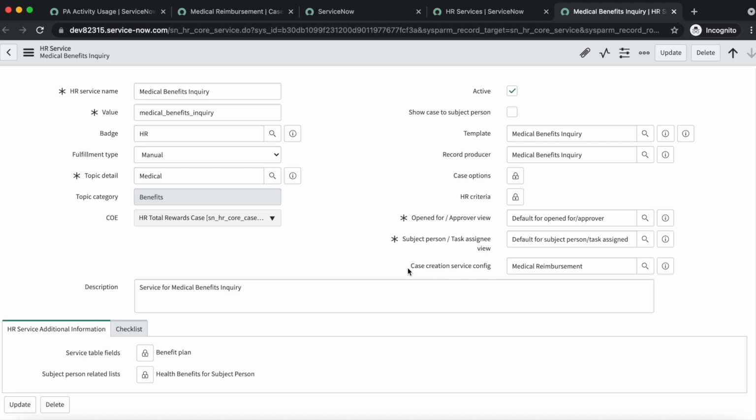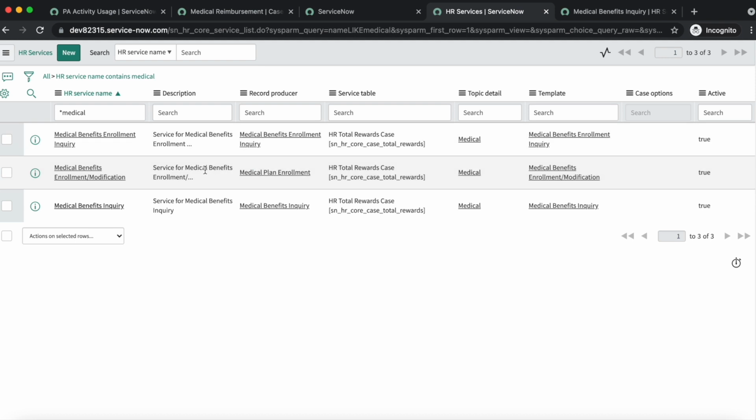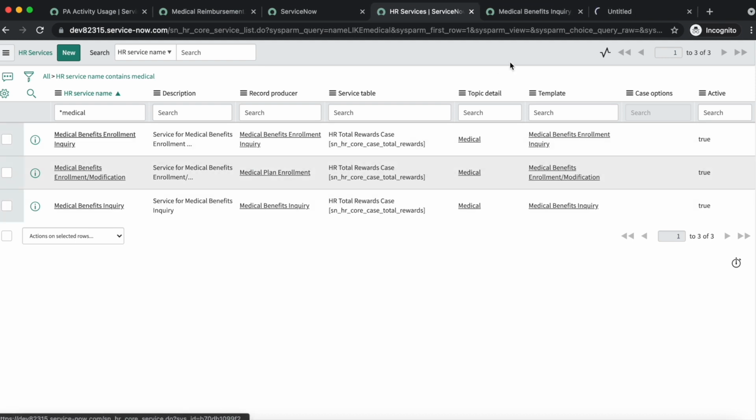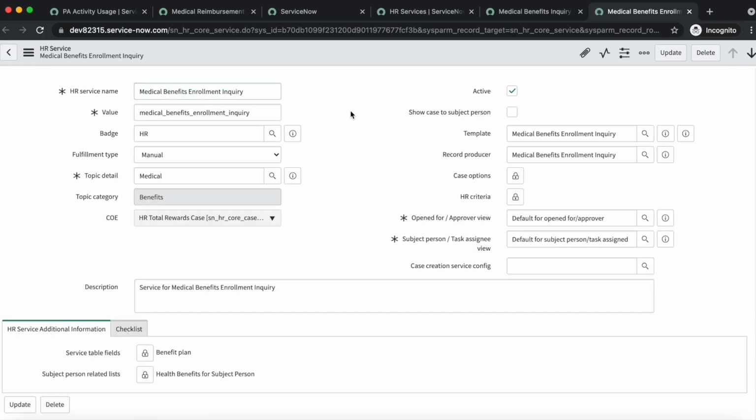So if you want, for a different HR service, to add some more fields, for example, let's take this one, medical benefits enrollment inquiry. So the first way was navigating to case creation configuration, and at the bottom you can click on new and then you can configure it.